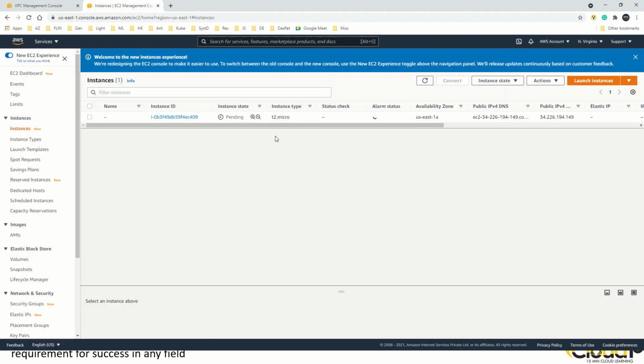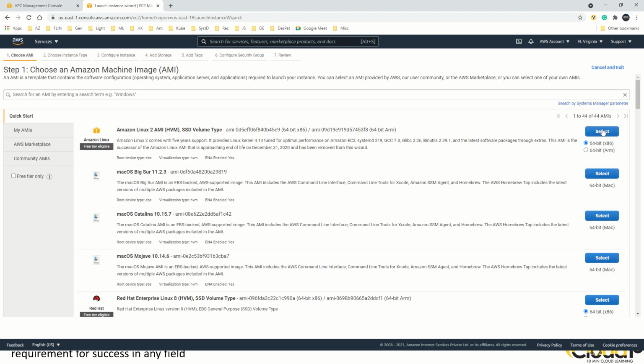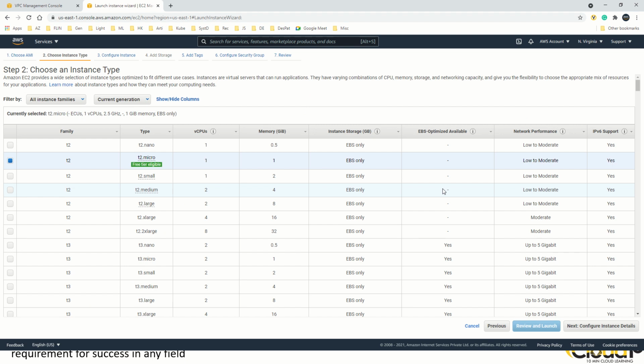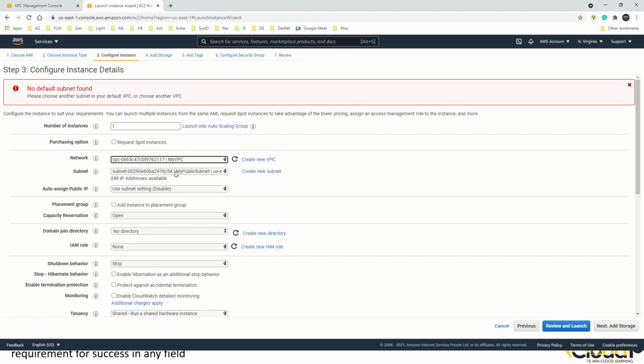So let's go ahead and launch another instance in my private subnet while the EC2 instance in the public subnet is getting created. Here we'll choose my VPC, and here I'll choose the subnet as my private subnet.